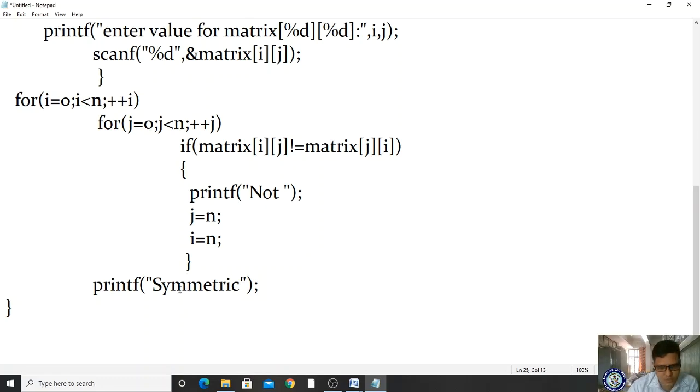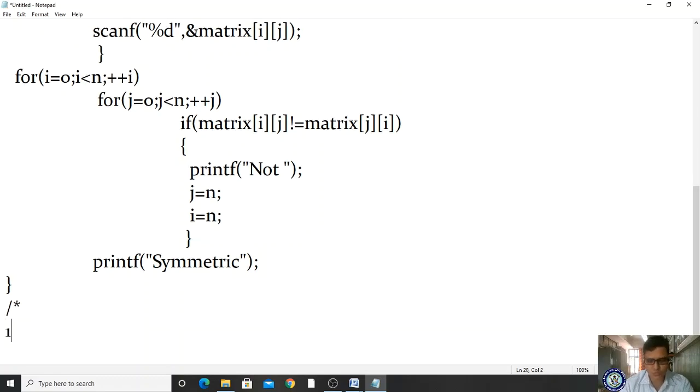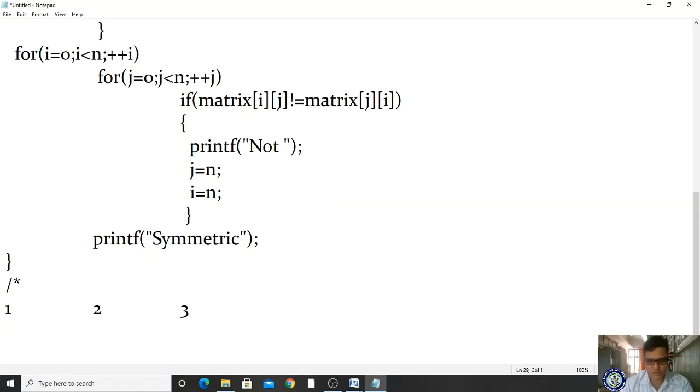Got it? So please observe here. For your understanding, I'm storing 1 2 3.